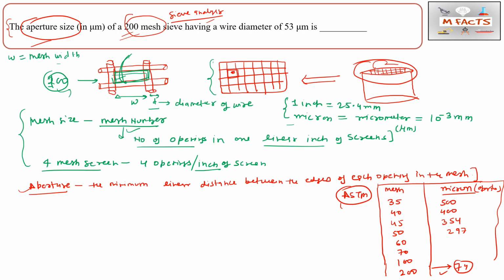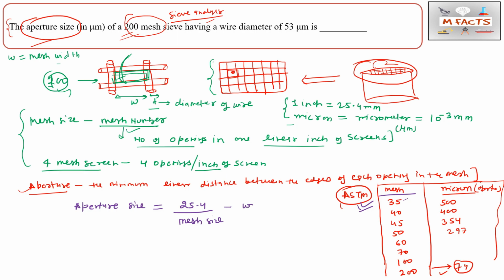This list you may find on internet or in any powder metallurgy book. Okay, it is not easy to learn this table, but you can remember the formula for finding the aperture size. Okay, so aperture size is equal to 25.4 by mesh size minus